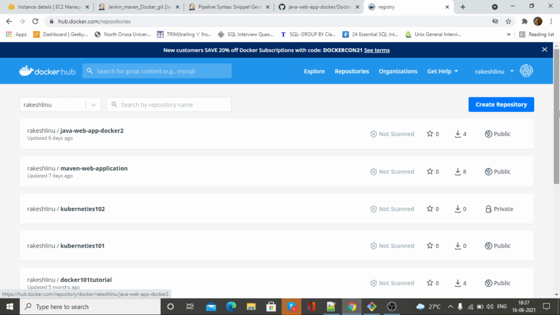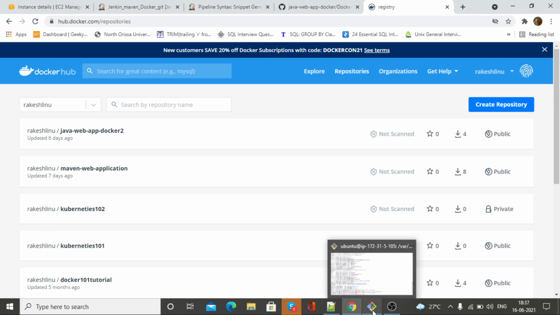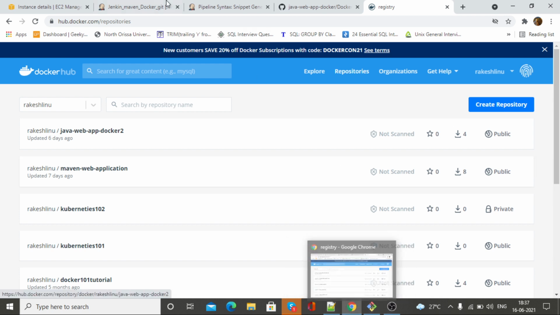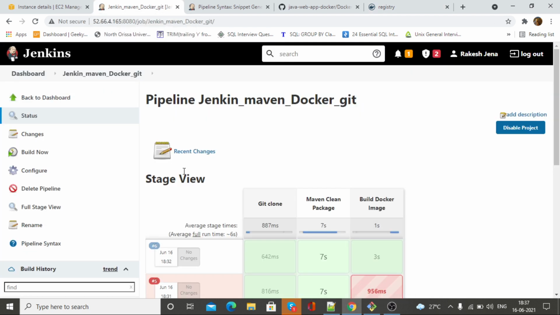We'll see there will be a new image. Let's start our build. Build now.